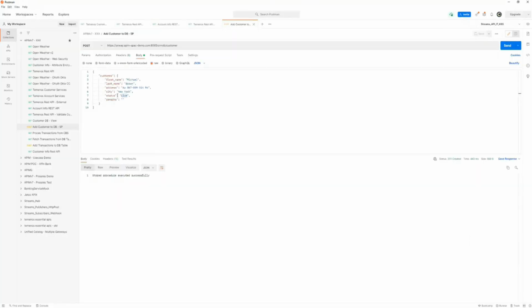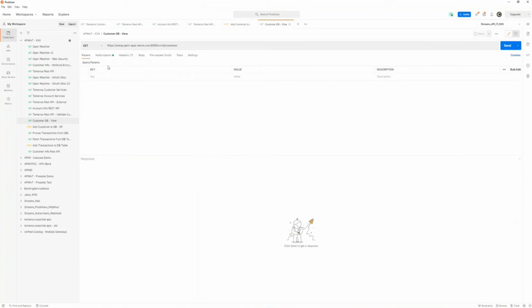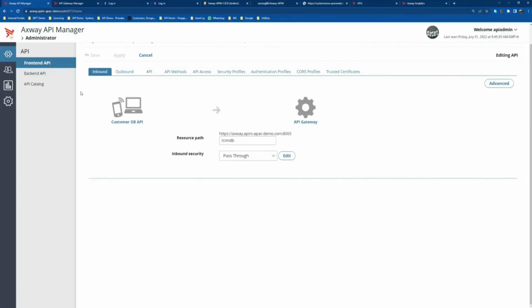now I'm going to check for the view. If I hit the view, like that, the other request. So this is essentially just doing a get request and calling for the latest customer. That's how I set the view conditions. If I say send, it's going to return back the latest customer, which was Michael Brown, and the live customer. Okay. So what happened in the backend was this API that we invoked,